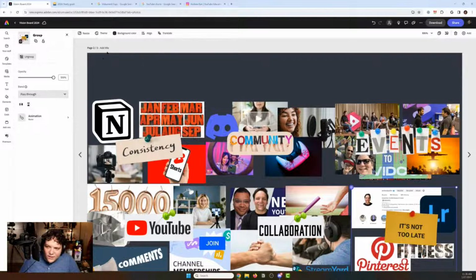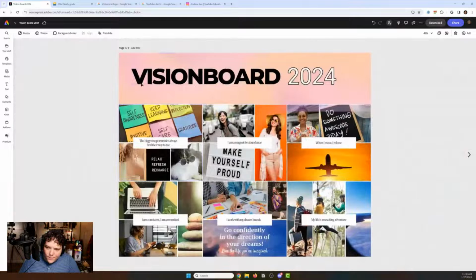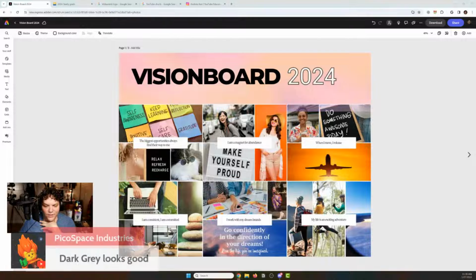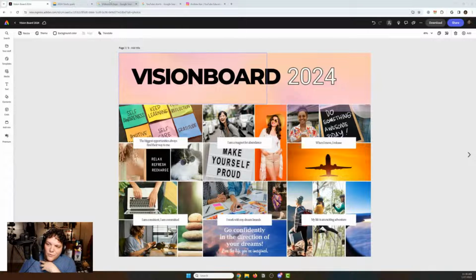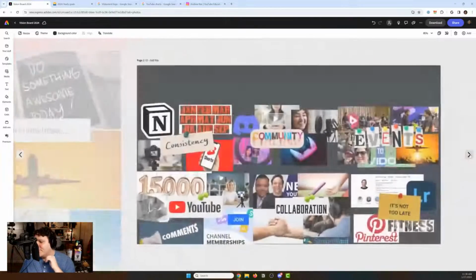And then I could also just go back here, right? Like, what's the color background they use? Could just be white, and I just make it look a little bit more like that. Again, we're just designing, having fun. Dark gray looks good. I kind of agree. I think I'm going to keep on the dark gray.